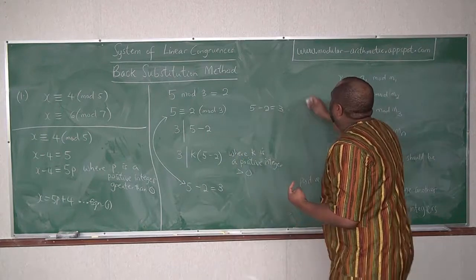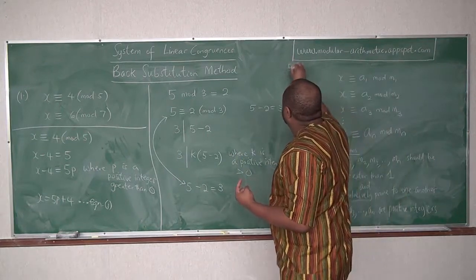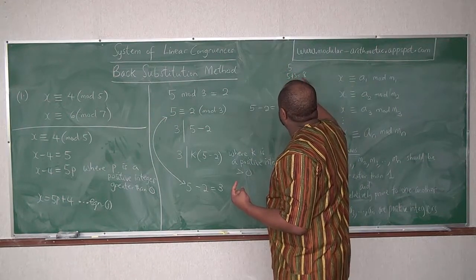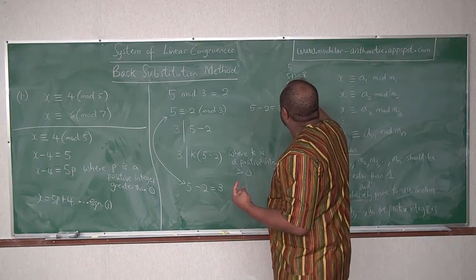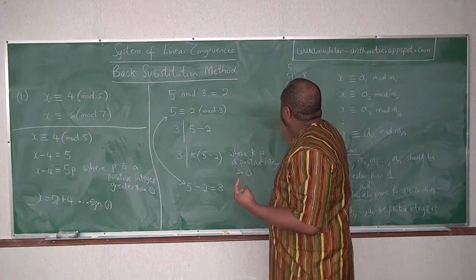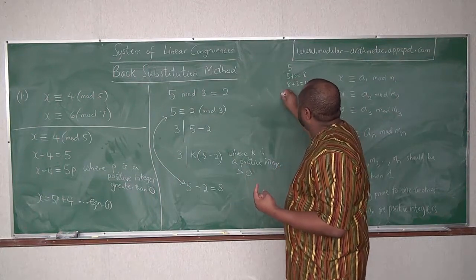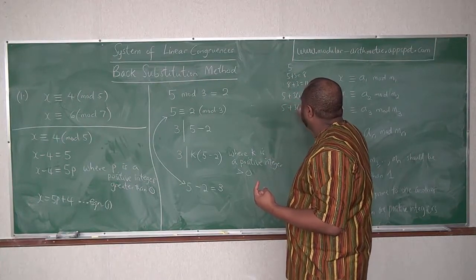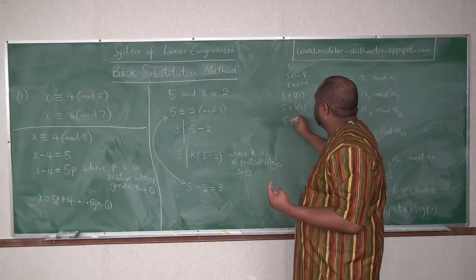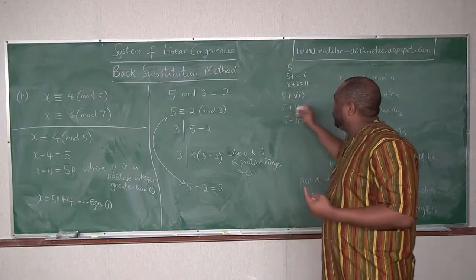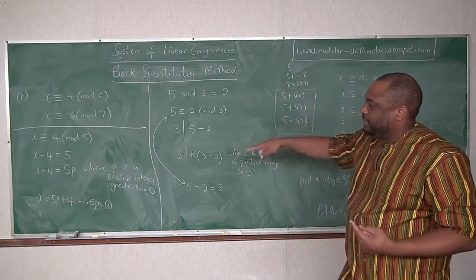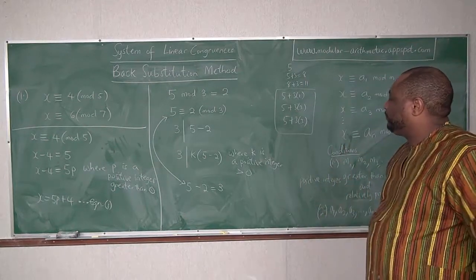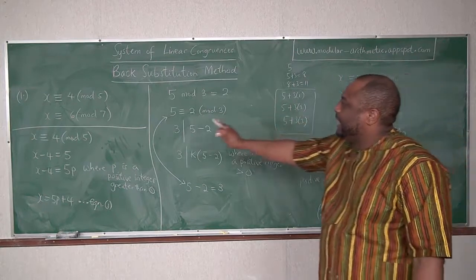Now we had 5. Then we had 5 plus 3 is 8. We had 8 plus 3, 11. But we could also say 5 plus 3 times 1, 5 plus 3 times 2, 5 plus 3 times 3. Do you see what I'm saying now? 5 plus 3 times 4. So that is the same approach